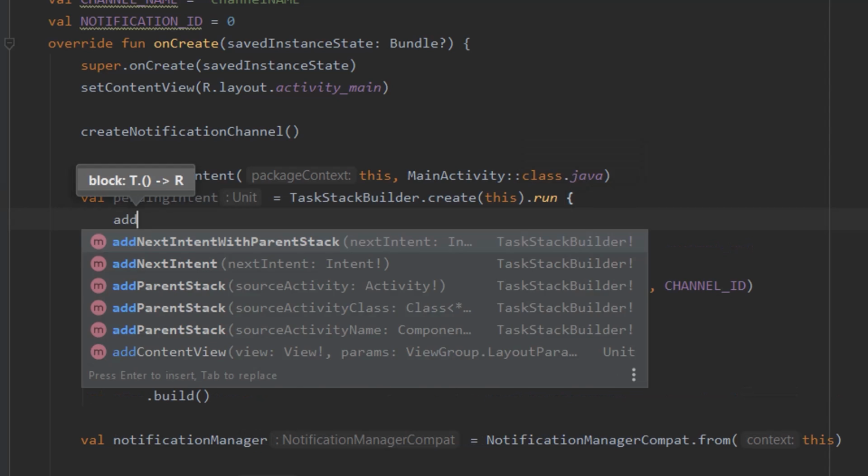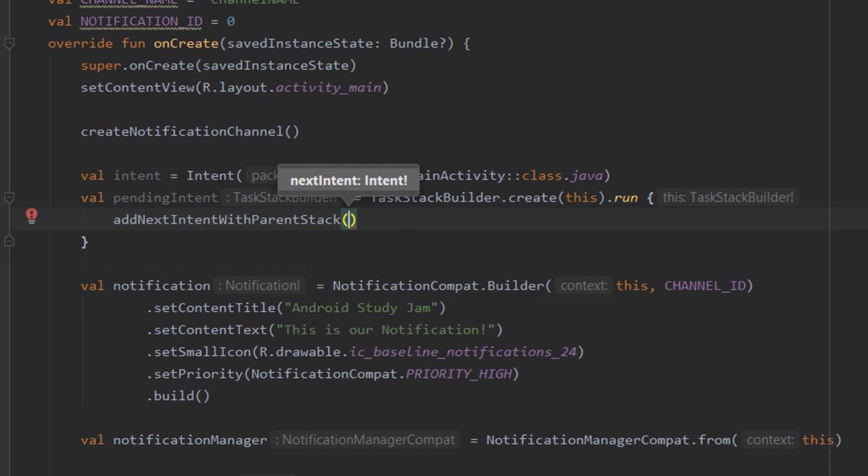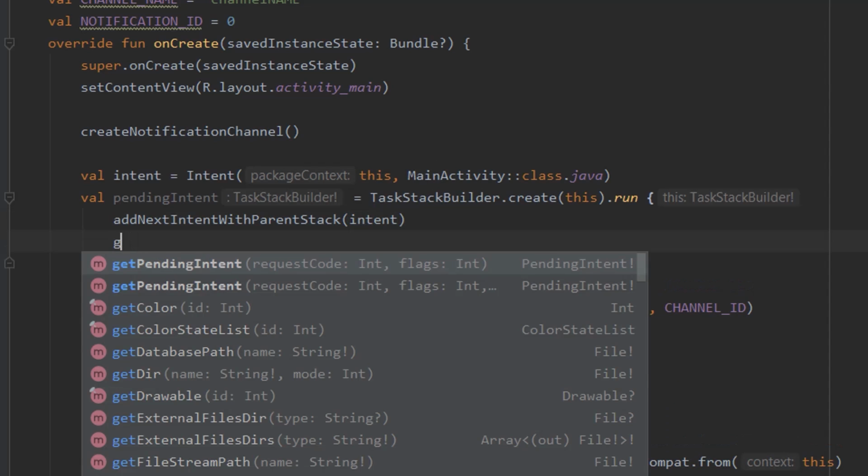So addParentStack, addNextIntent with parent stack, and here I'll pass my intent,